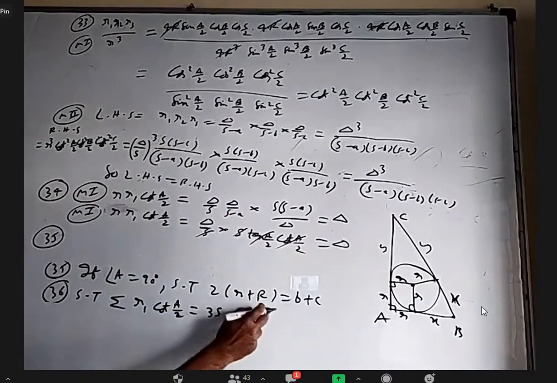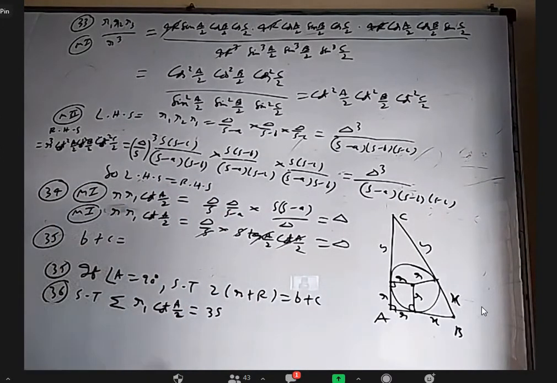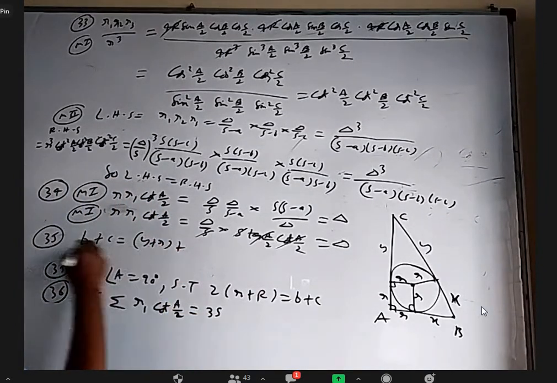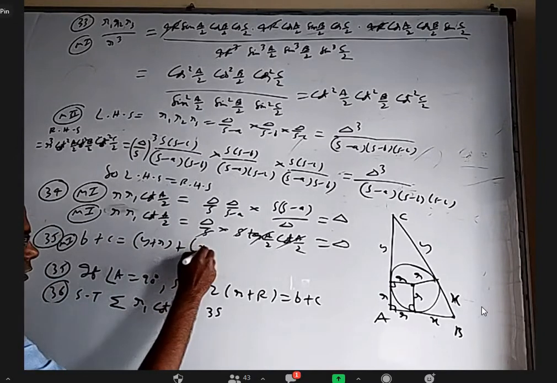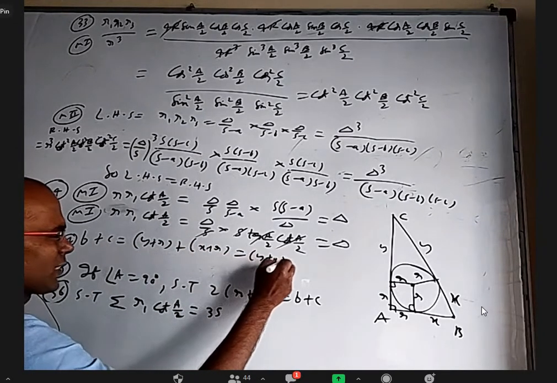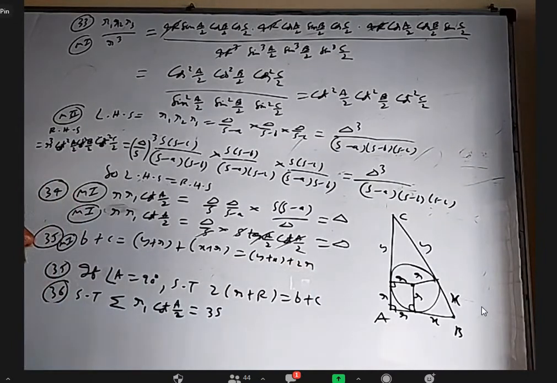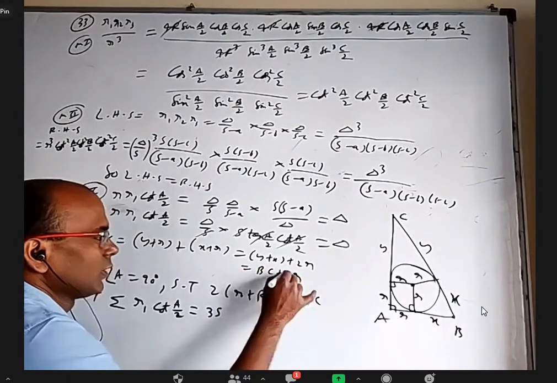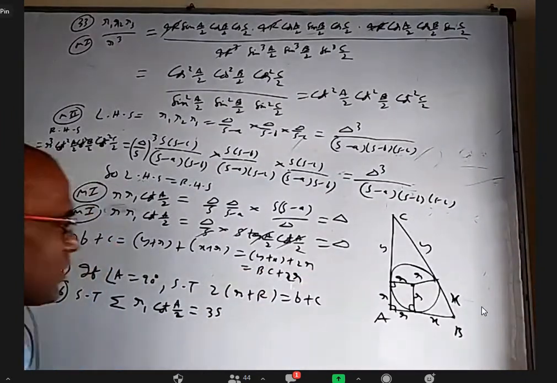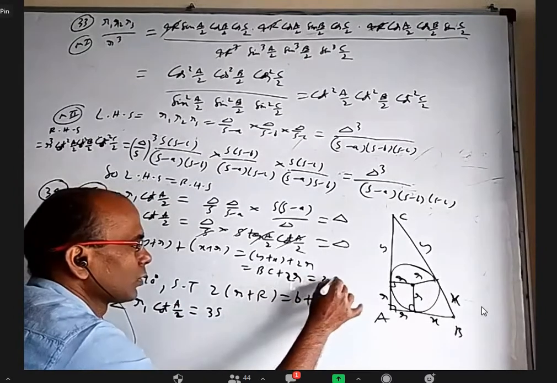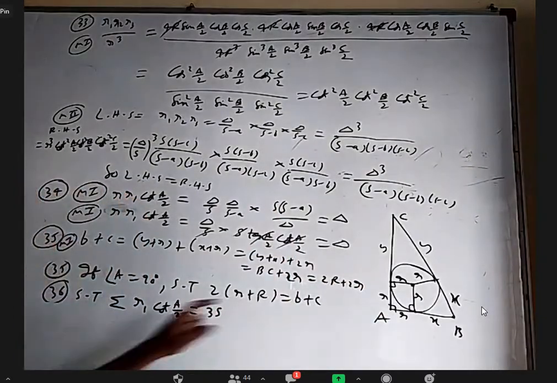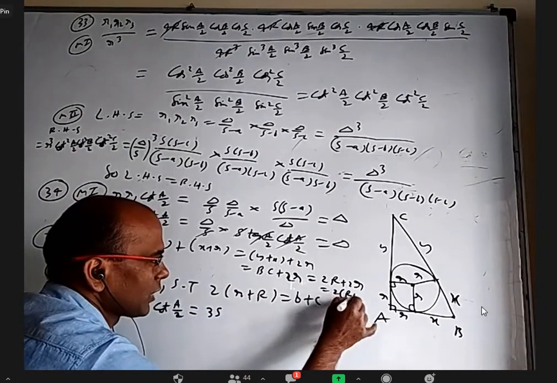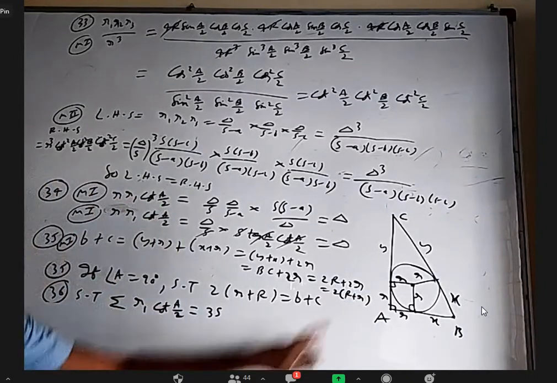Now let us see this. What is b plus c? What is b? It means y plus r. What is c? It means x plus r. That is y plus x plus 2r. But what is y plus x? BC, right? And in a right angle triangle, the hypotenuse is double the circumradius, right? So BC is 2R. So 2 capital R plus 2 small r, proved, which is LHS. We started with RHS and we got LHS. And we can even do it in reverse also. If you want from LHS to RHS, reverse all these steps.